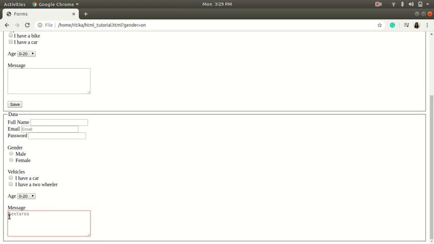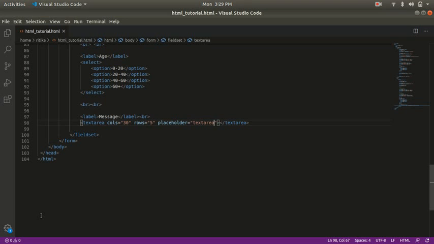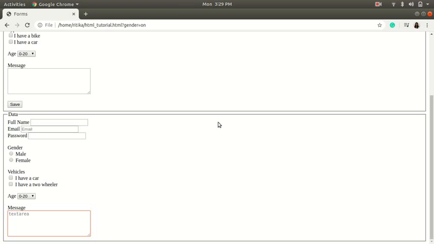See, you can see the cursor is blinking at the beginning of the textarea. This is because this is just the placeholder, and when I had written it as the value, the cursor was blinking at the end of the textarea. Let's check that again. See, the cursor is blinking at the end of the textarea because this is the value, this is not the placeholder. If we type something, it will start after the text. See.